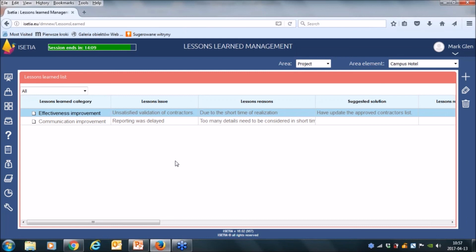So the collection of lessons learned, I think, is a very important point in the project management culture of each company. And ISETIA also has a solution for this lessons learned management.